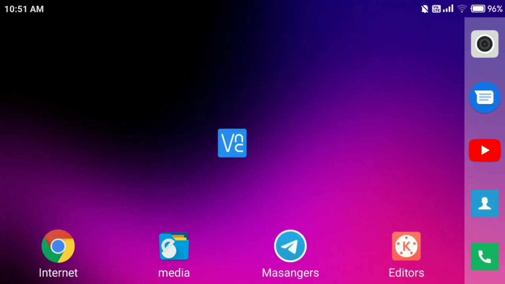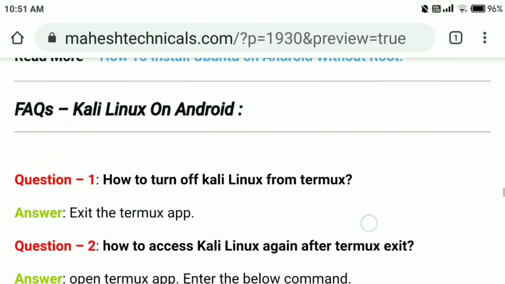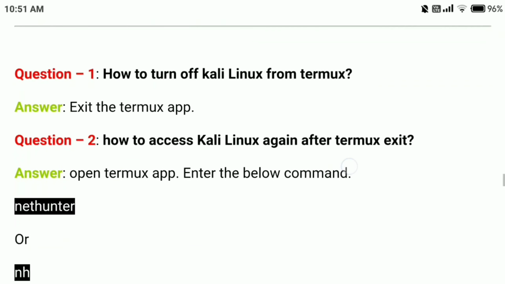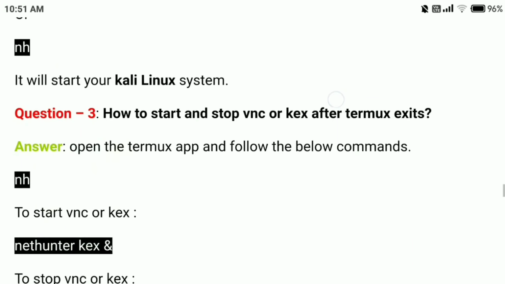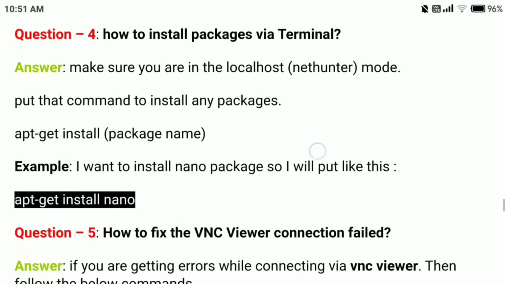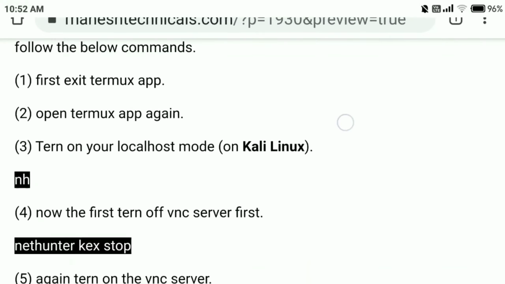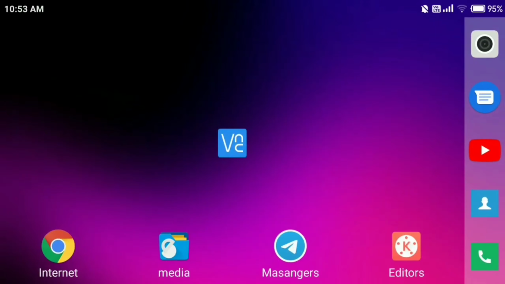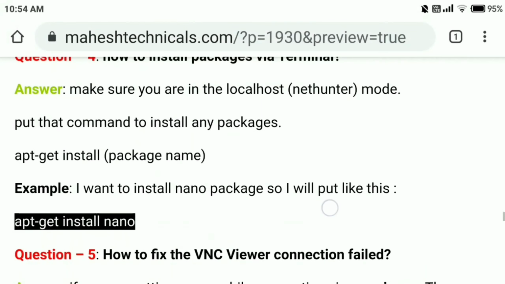Okay, so for more information about this installation you will find it here. I have FAQs here, common questions. You can get all similar questions answered. If you have any query you can comment below as well. But if you are getting some issues, you can fix those issues from here. I have a solution for you as well. Okay, so now you can see you can use it as a root user as well. So copy that command. Okay, so I'm going to tell you how to use that. You can use root as well.